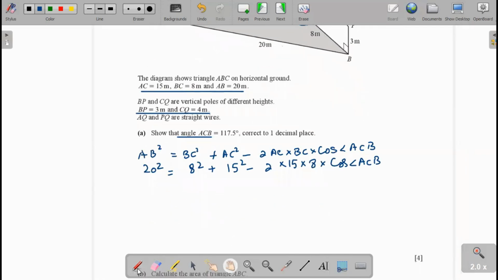Now we write it, that's equal to 64 and 15 squared is 225, minus 240